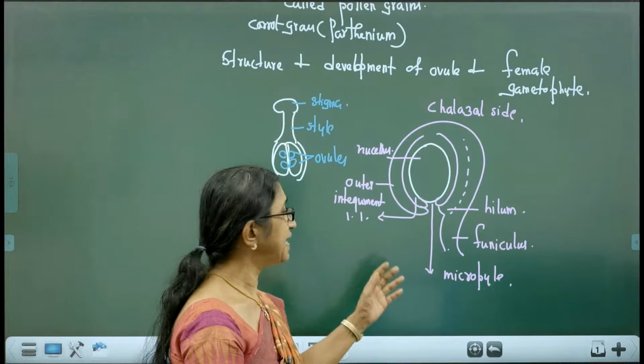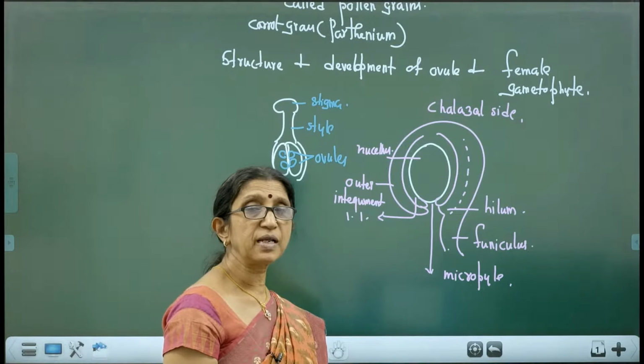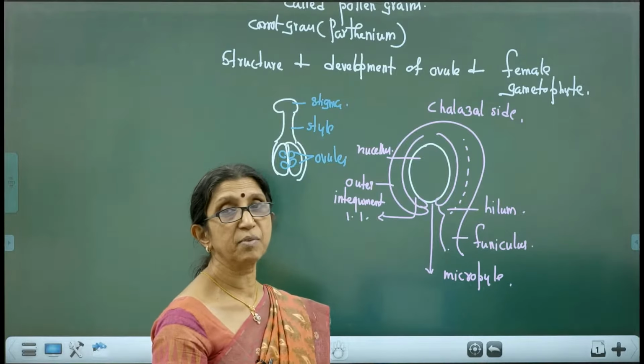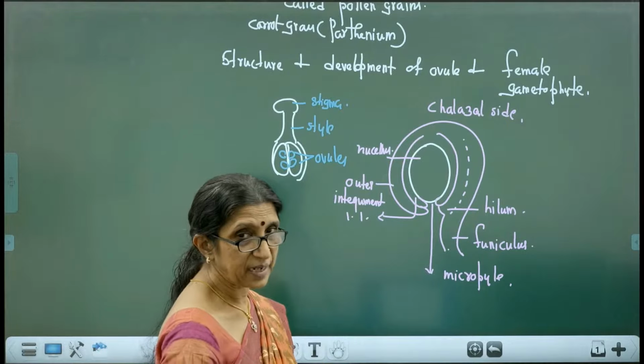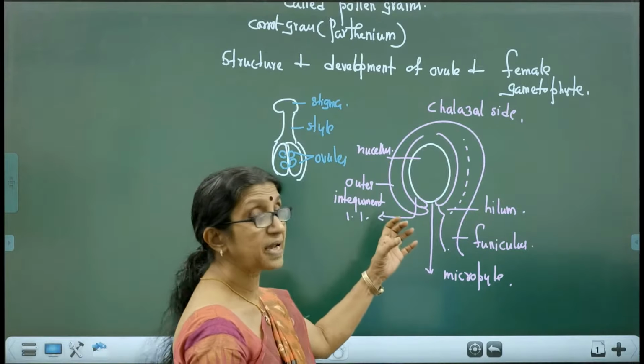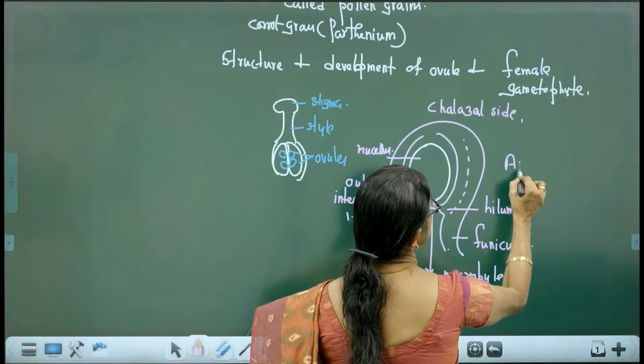Clear? And the micropyle is actually left for the pollen tube to enter the embryo sac to bring about fertilization. So this is the structure of a typical ovule, and this type of ovule is known as anatropous